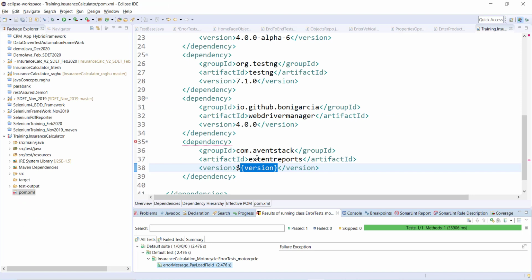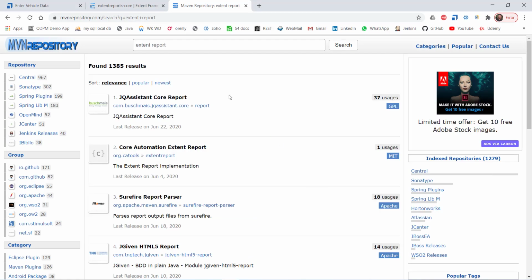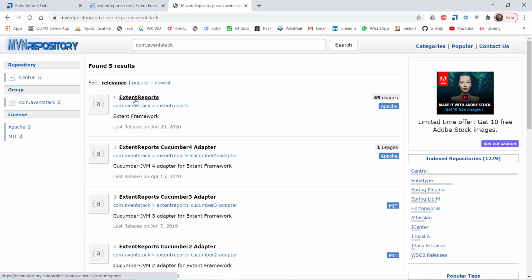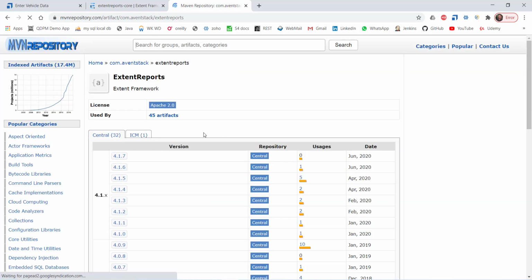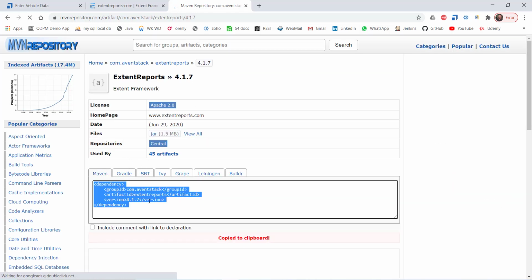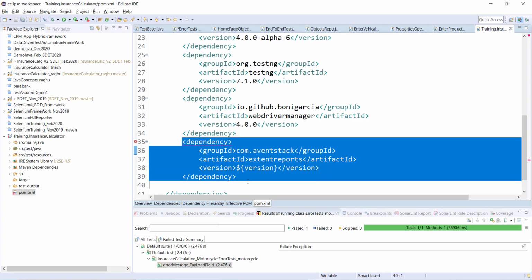It should be coming from com.aventstack. Yeah, here it is, extentreports, and the latest version is 4.1.7. Let me copy this, and let me replace this.